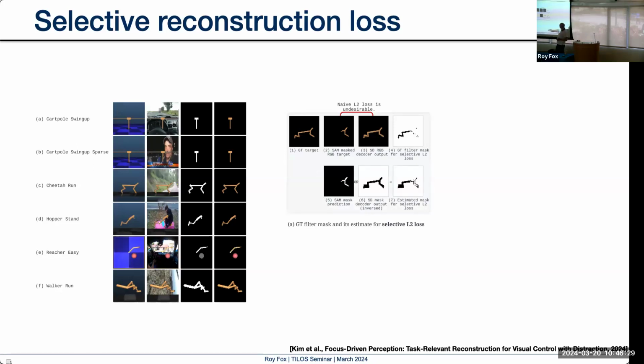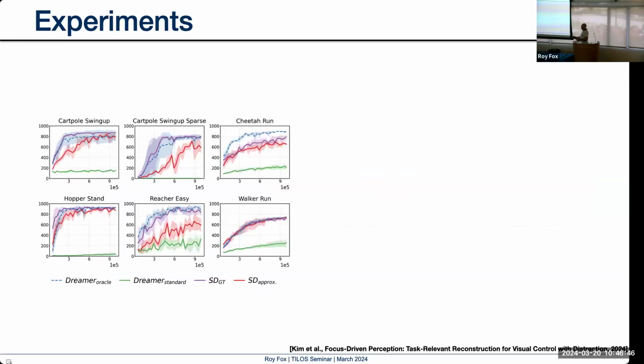Essentially, we look at the prediction, and we look at where the pixels match the input, which we do have, and there we sort of filter out the loss. We don't compute the loss there. It's a good approximation of what we really would like to do. And so here are some results.